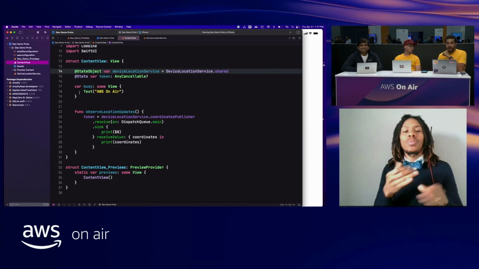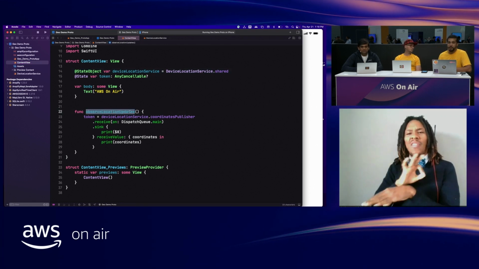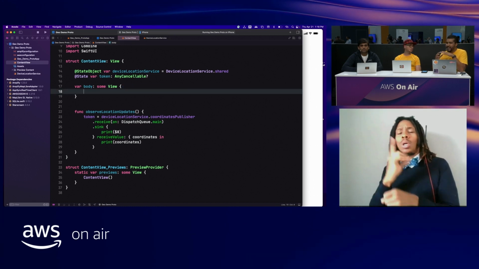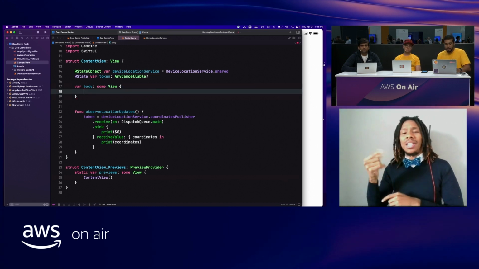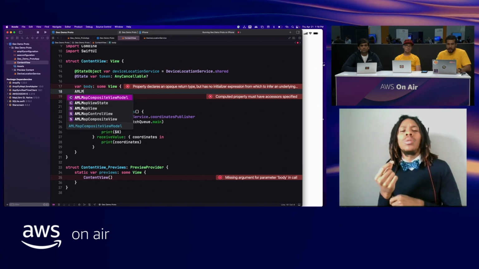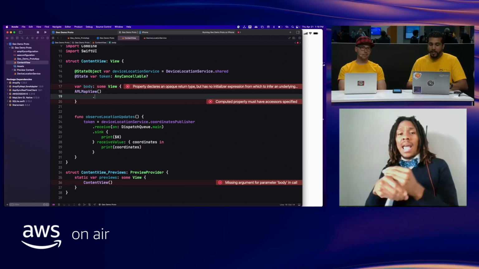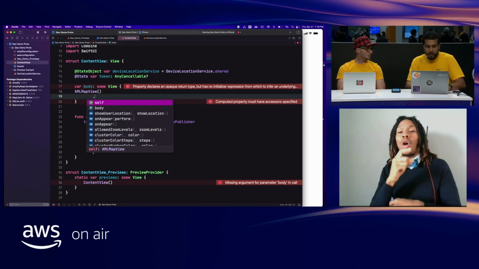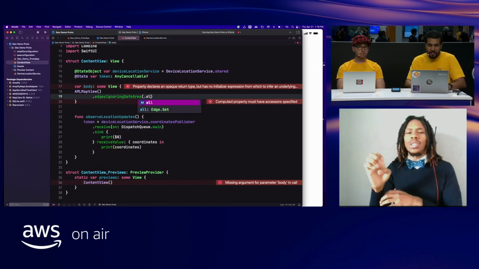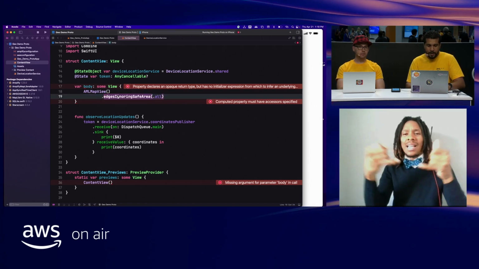So we head back over. This is where we're going to be writing all of our UI. And as you can see, we have this function that's going to allow us to observe the user's location. The really amazing thing about Amplify Geo is that it's so simple to actually get up and running. All I need to do is type in AML map view, add it right here. And then we want to make sure that it stretches to all the sides, so we do edge, ignore this thing, and then we'll just say all.